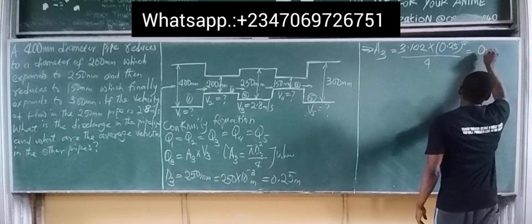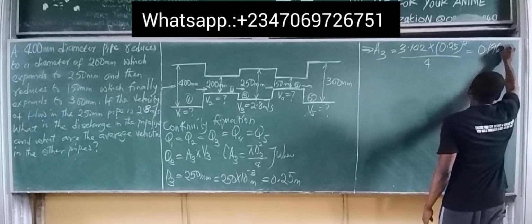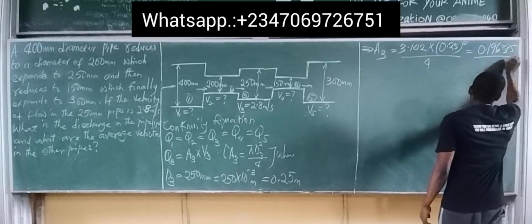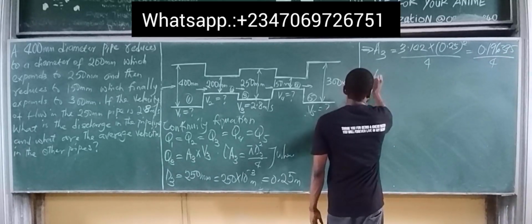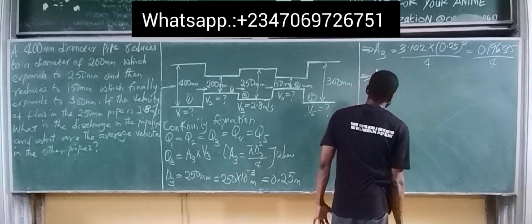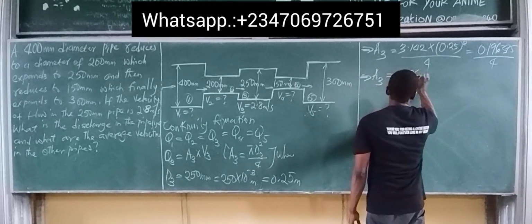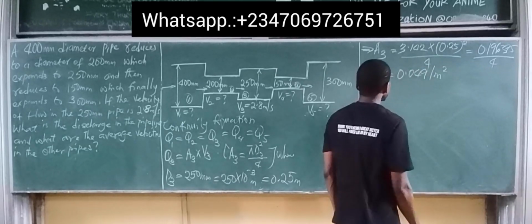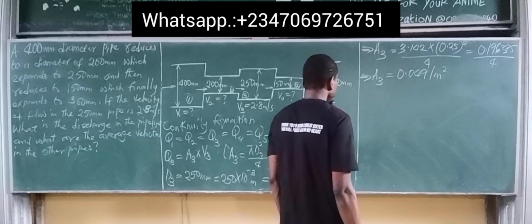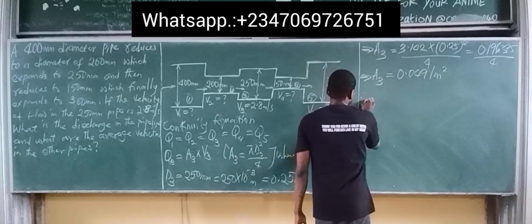That gives us 0.196375 divided by 4. So this implies that the area of pipe 3 is now equal to 0.0491 meter squared. Okay, so this becomes the area of portion 3. Therefore, discharge in pipe 3